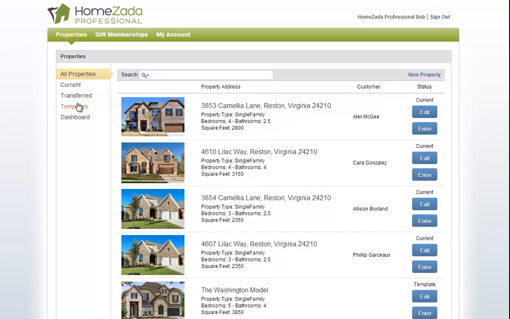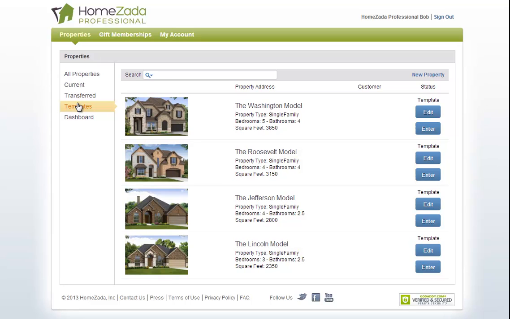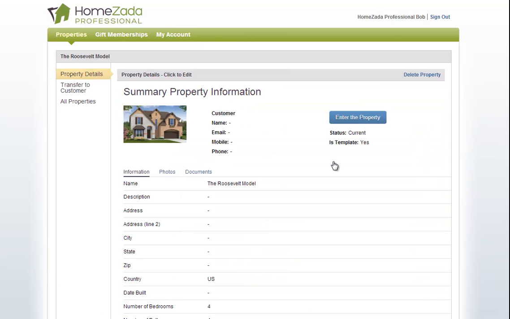But this could be part of a subdivision where I've got 4 common home models that can be a template for each type of home. So as an example, I can go into the Roosevelt model, and it's very easy to denote which properties are templates. In the upper right hand corner there's this little pencil icon where you can change each one from a yes to a no. This allows you to go through and create a property and enter in all the common information and then denote this as a template, and we'll see how that comes to play when you create new